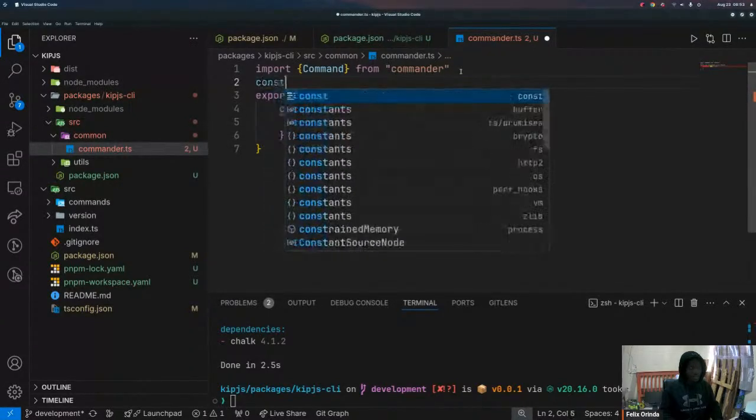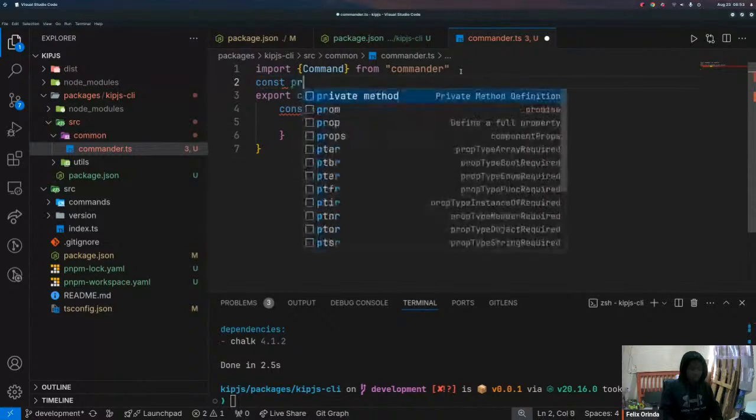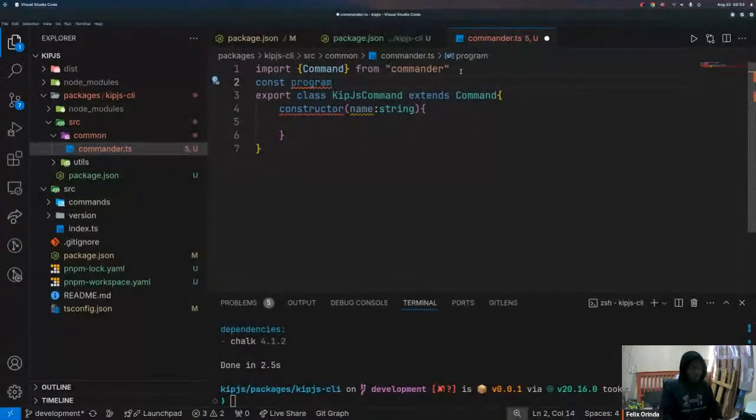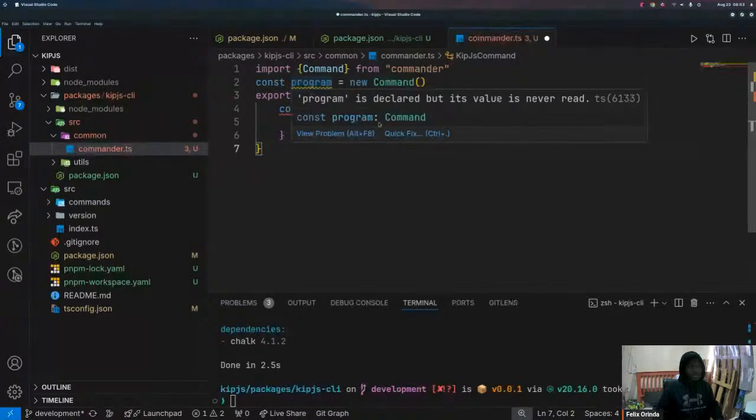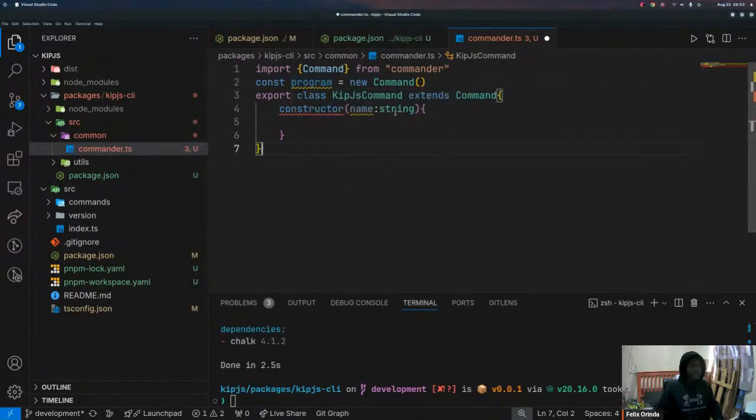If we instantiate a new command, what does this give us? It gives us a command. So what we'll have here,